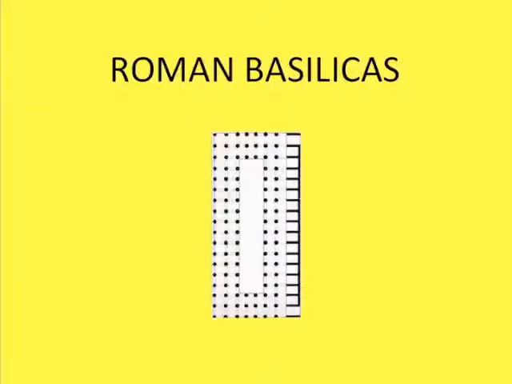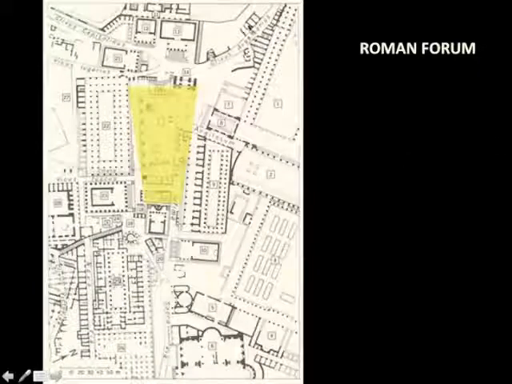Another little bit of backtracking, or not necessarily backtracking, but clarification I want to go through, is this whole idea of the Roman basilica. We talked about the Roman basilica when we were just discussing the fora. And it's something I just want you to understand as a very important type as we go forward in architectural history. We saw it over here. This is the Roman Forum, and we see basilicas lining either side of it. And the purpose of the basilica is meeting hall. The purpose of the basilica is not a religious building at all. The religious buildings were temples, like little temples over here.